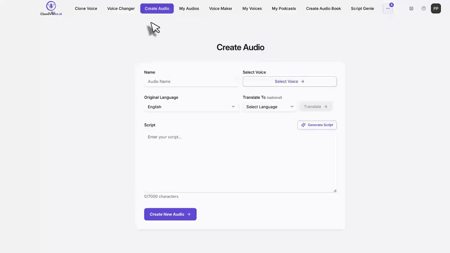Today I want to walk you through one of the most powerful features inside CloneVoice.ai, the Create Audio section. This is the place where everything comes together. Your cloned voices, system voices, multilingual voices, voiceovers, and even dubbing. If you've ever wanted to turn your voice clones into professional, polished audio projects, this is exactly where the magic